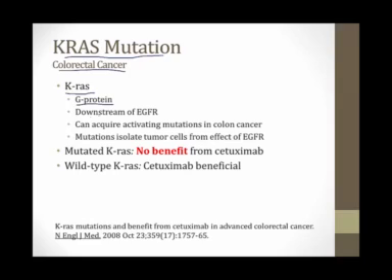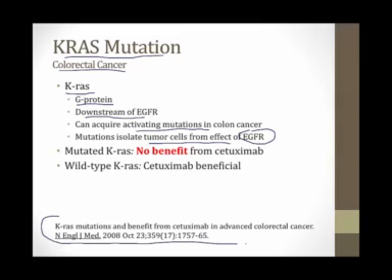KRAS is a G protein that is downstream of the EGFR, and it can acquire activating mutations in some cases of colon cancer. These mutations isolate the tumor cells from the effect of EGFR, and thus even if you block the EGFR receptor and the EGF system, it will not limit the growth of these cells because they have activating mutations of KRAS. So an important clinical study was done in 2008, the reference is at the bottom of the screen here,